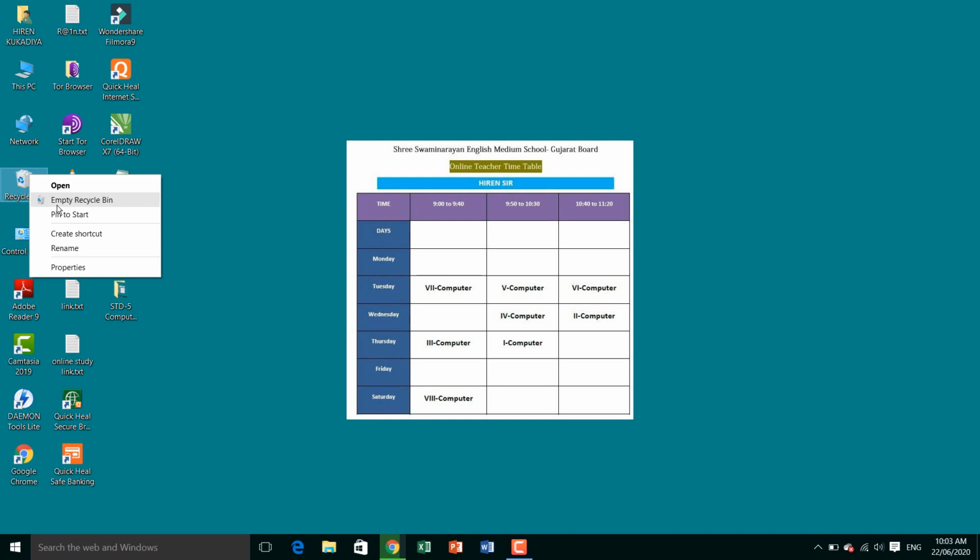when you delete files from the recycle bin, first check which files are important and which are not, and then delete. Don't use the direct empty recycle bin option, because if you have important files, they will also be deleted. This is very harmful for us. So don't use this empty recycle bin option, because when you click on it, all the files in your recycle bin will be completely removed. So be careful with this option.